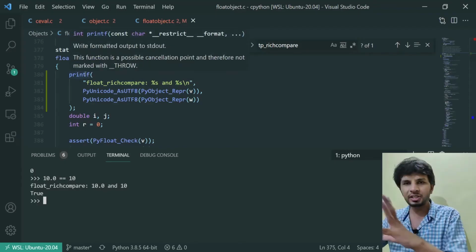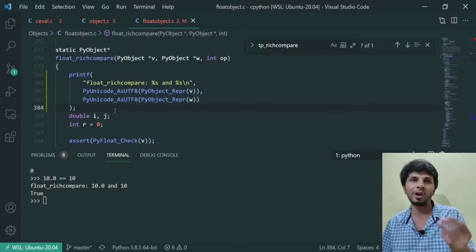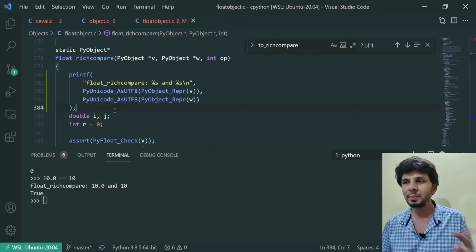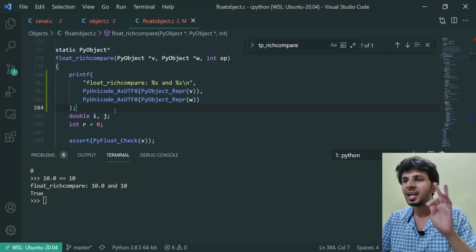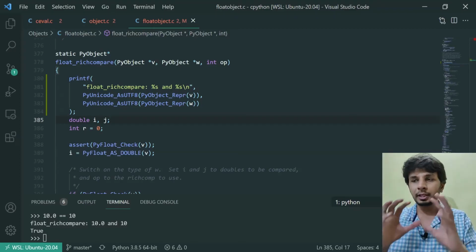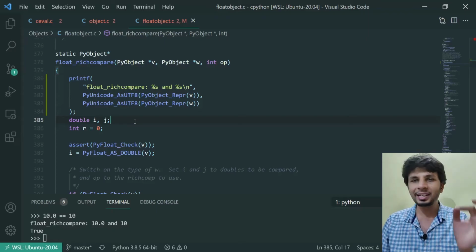And now that we have reached this point, let's start going through this code, and it is indeed really interesting how Python chose to implement float to int comparison, or basically float to a number comparison, right? So the core of this particular logic lies in the declaration of two variables i and j, right?